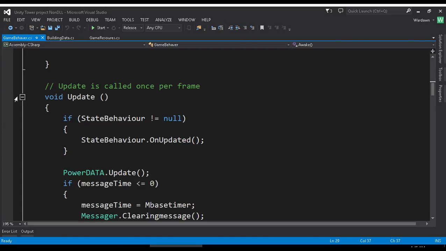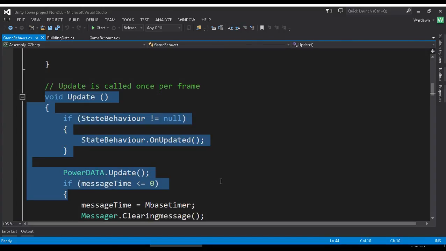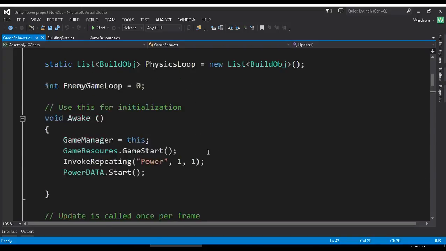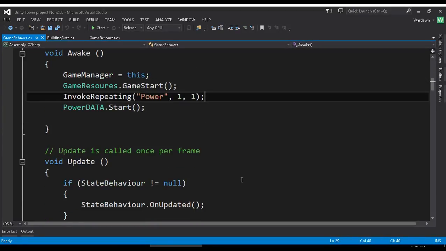We don't want it in this one because this one happens 30 times every second. Way too much. So we would be updating, pulling stuff out of the queue really quickly, and that would suck. Not good to do. So we use this invoke repeating to do 1 second, 1 second, 1 second. Because in 1 second, it's reasonable to say,